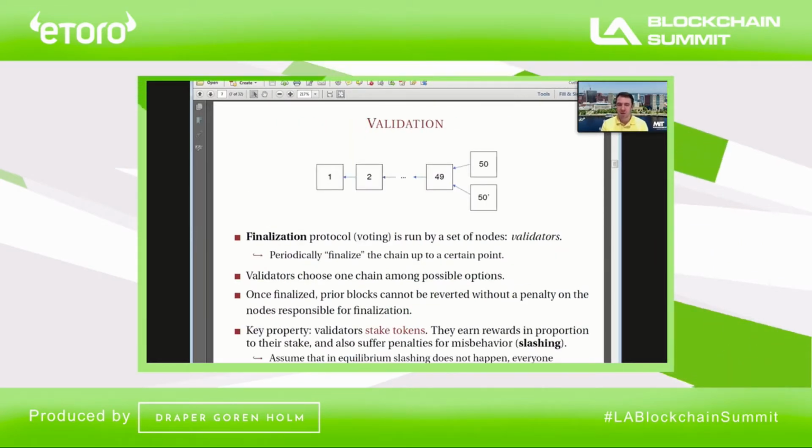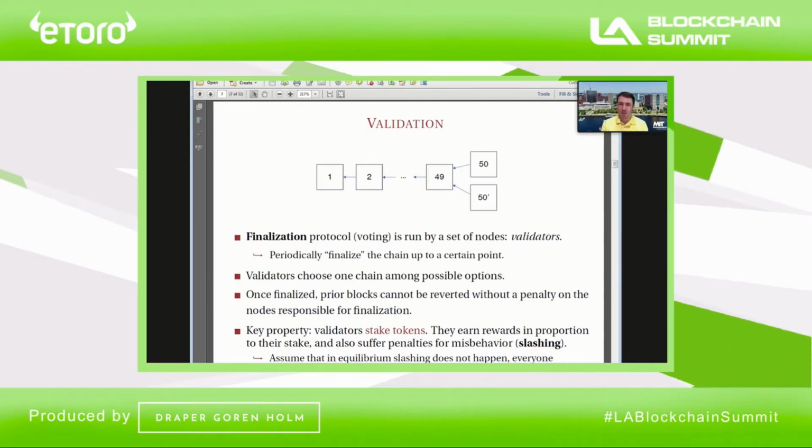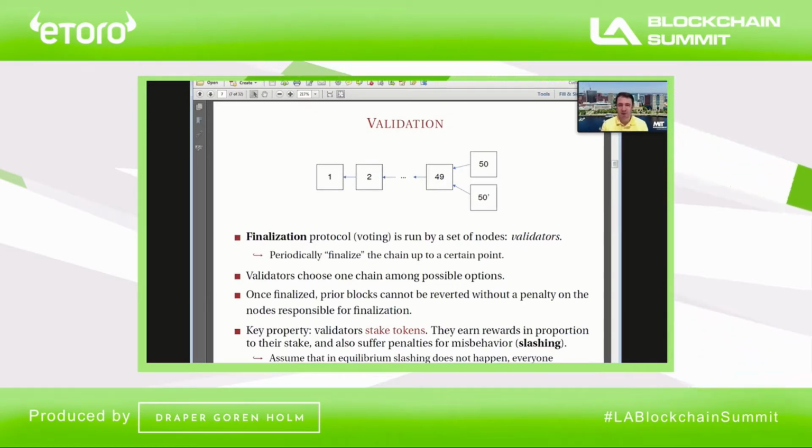Now, finalization is an important step in the protocol where blocks are periodically finalized. So essentially, they're permanently added to the chain. And there are various versions of this architecture one could imagine, but essentially what this picture highlights is the possibility that at some point, there are potential conflicting versions of the chain, and during the finalization step, the so-called validators, these are participants